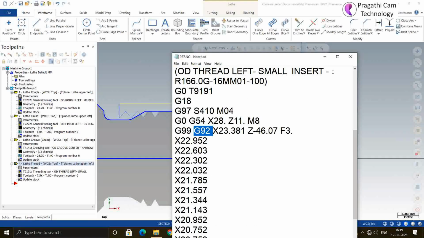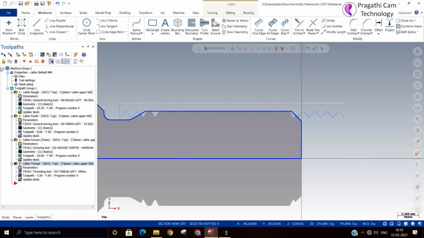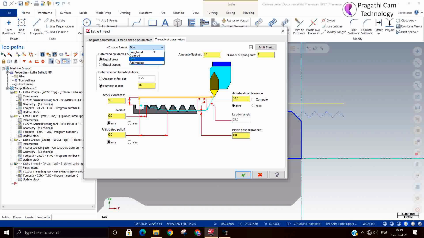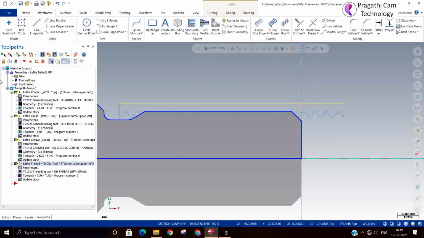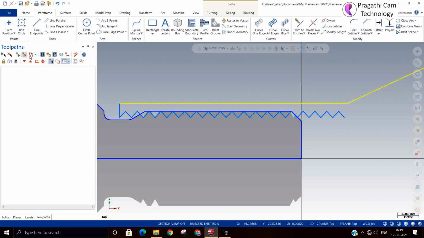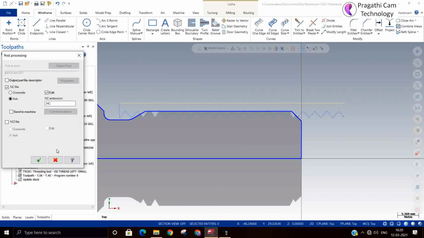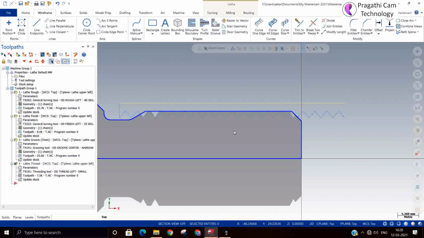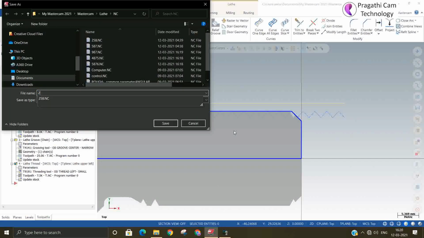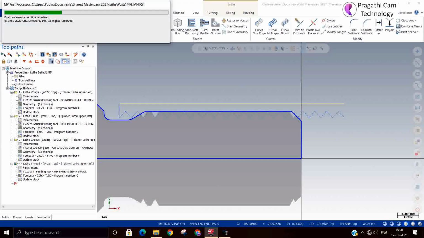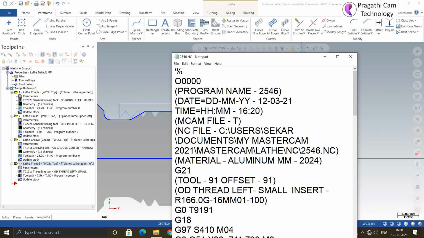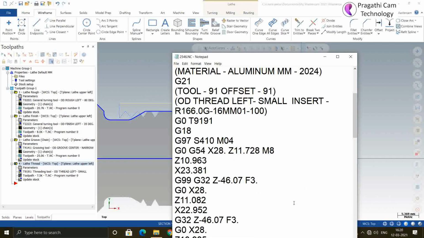So this is the box type. Then the last one is the alternating type. We generate and see what is coming. So this also comes as G32.